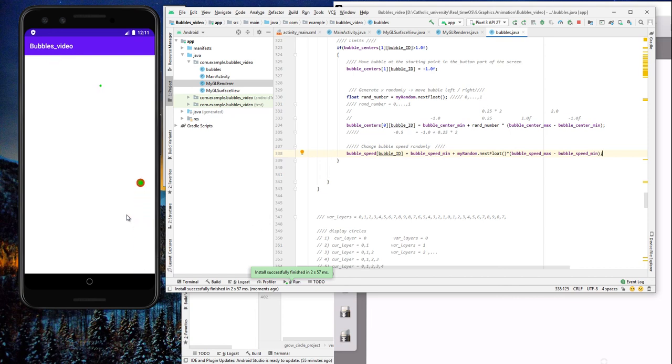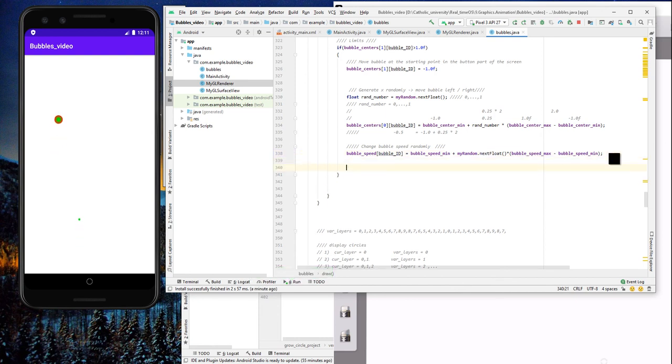Slightly faster. Very slow. Okay, now the first one started going much faster. Okay, so this part is done. So now we can change